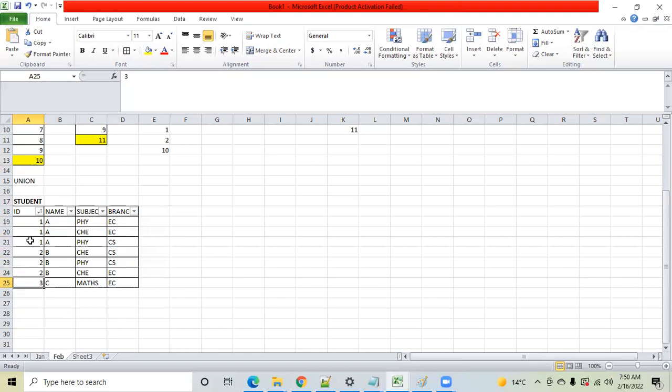Is this clear? If I ask you to tell me the duplicates based on name, yes, we have duplicates. A is coming thrice, this is duplicate. B is coming thrice, this is duplicate. Similarly, on subject we have duplicates, on branch we have duplicates. Correct? So first of all, you have to understand and ask on which column you're asking for